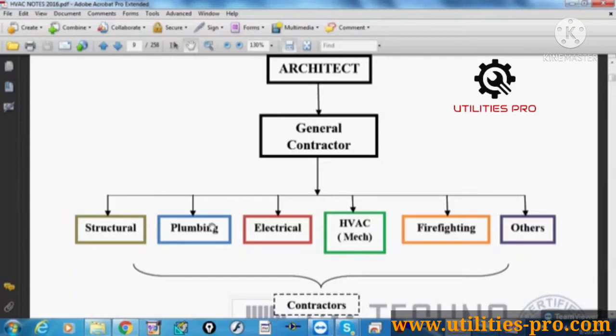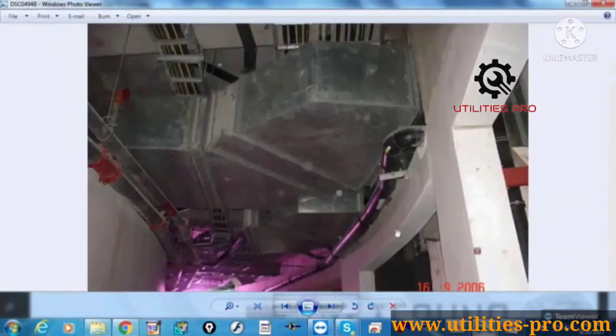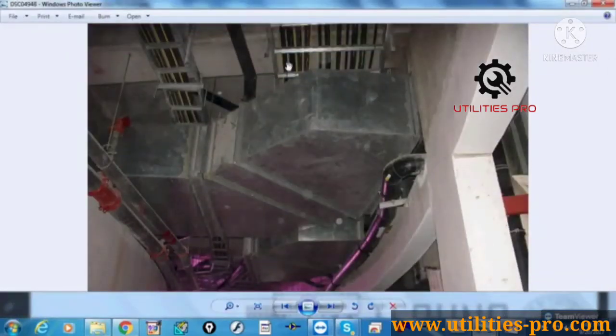Okay, next, after this plumbing, then electrical. Why electrical first? Because this image will help you. And don't think that complete electrical is done, then only HVAC. There is coordination, but electrical will have the priority to start the work, because building supply is required to deal with the other works also. And apart from this, in this image you'll get the idea. These cable trays are running above this box, and this box is a sheet metal box called duct, which belongs to HVAC. So these cable trays are running above the duct. Why?